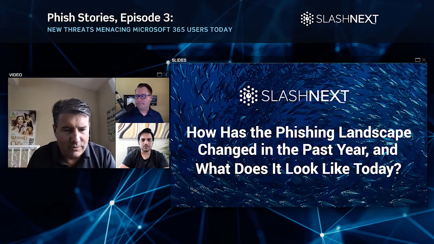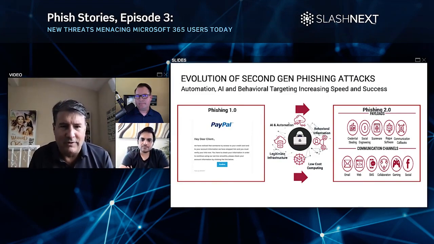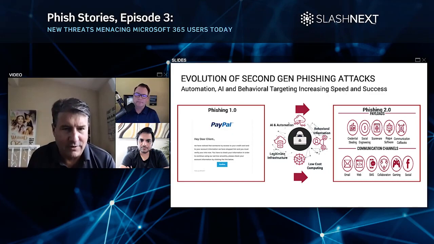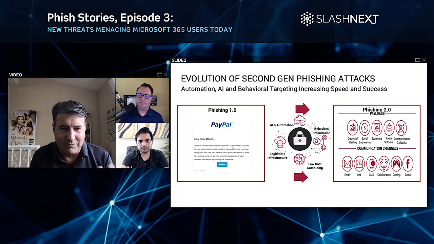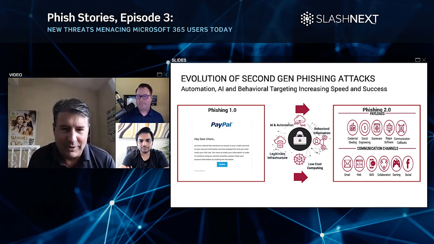I just want to walk through here what I mean by this. In many respects, we've gone from a first generation approach. On the left-hand side, it was a very simple phishing attack: a bad email with a copied and pasted PayPal logo, with the intent to steal your username and password. Again, very easy to discern. You could tell it might have been written in a bad Russian dialect or by some other nation state actor, and sent through your Yahoo email or your Gmail, but very easy to discern and detect.